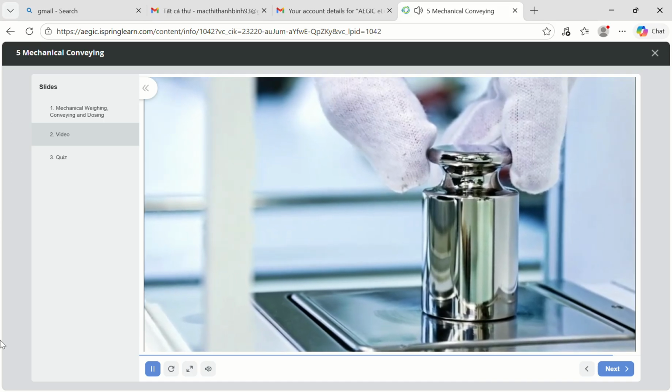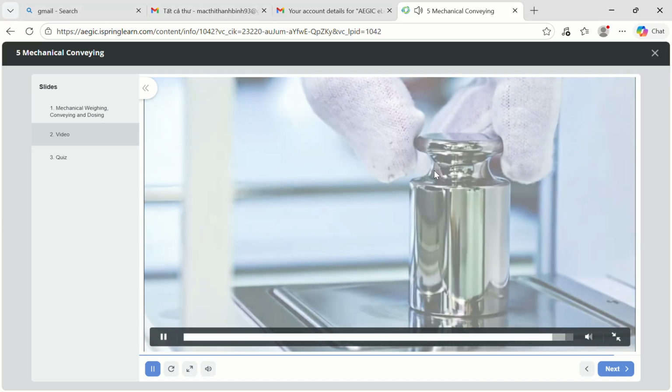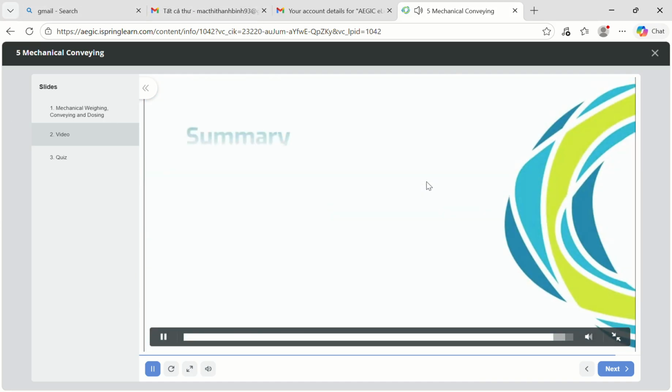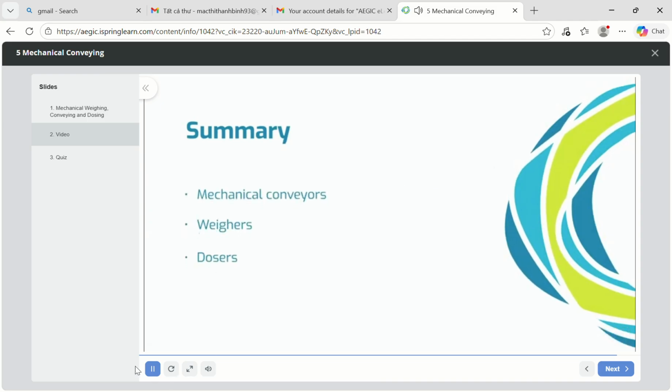Weighers and dosers should be calibrated periodically. This chapter has covered the basics of mechanical